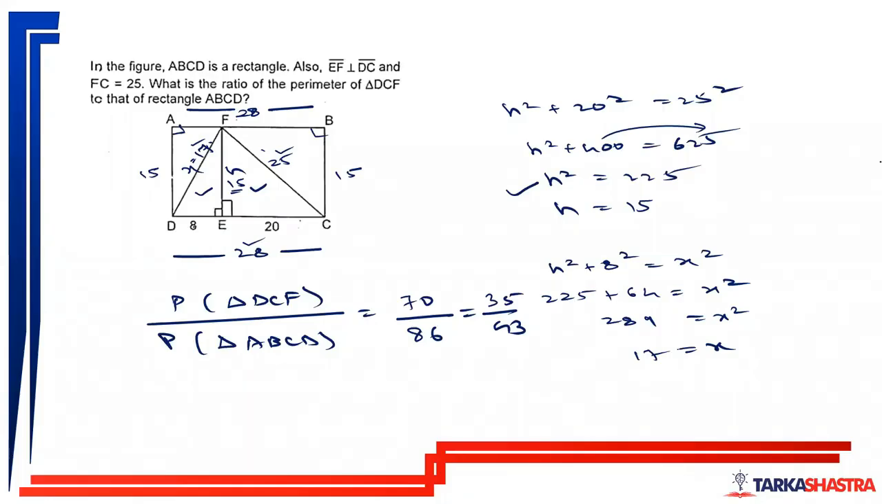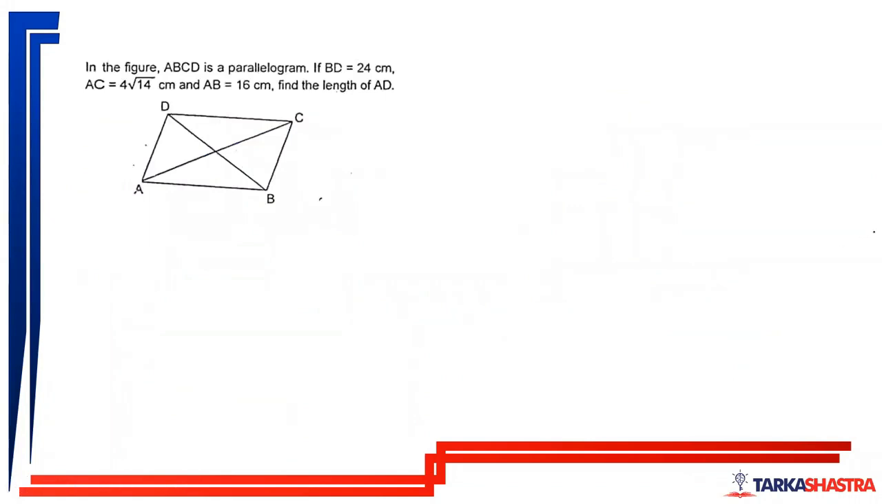Moving forward. In the figure, ABCD is a parallelogram. BD is equal to 24. AC is 4 root 40. Here we have to apply the Apollonius theorem, which can be applied only on medians. So according to the Apollonius theorem,